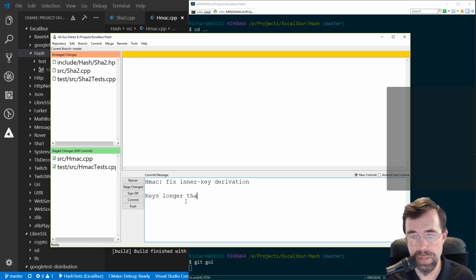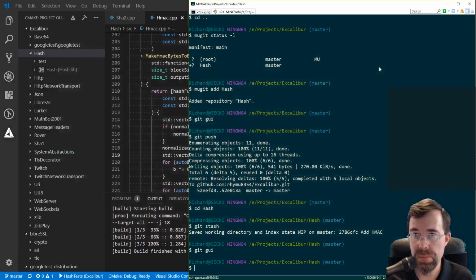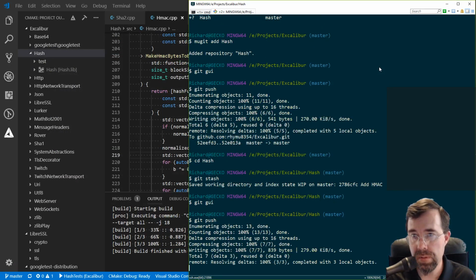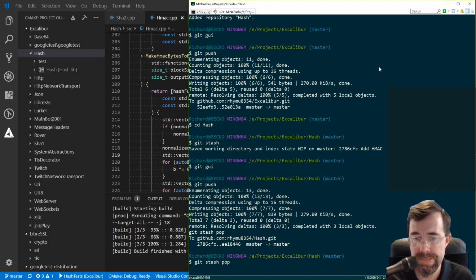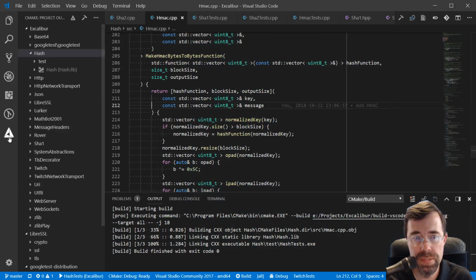Keys longer than the block size were being hashed, but not 0 padded back up to the block size again. Cool. And then git stash pop. And now we should have